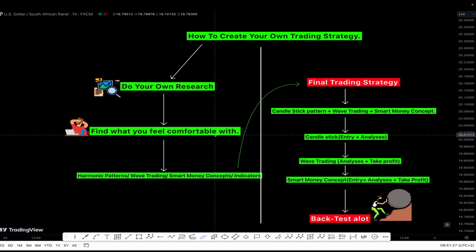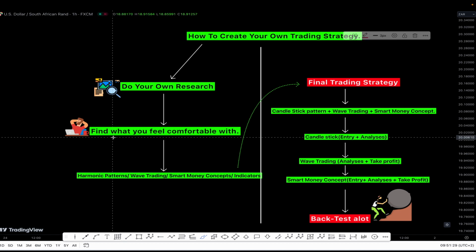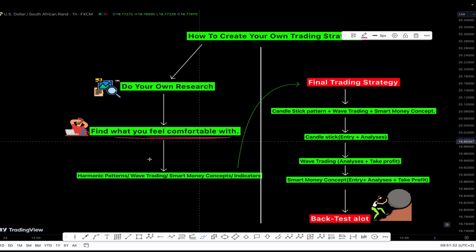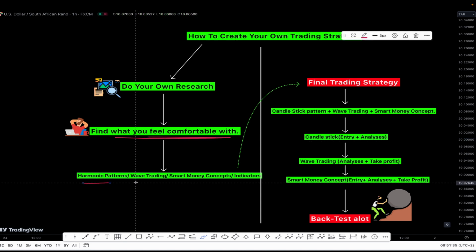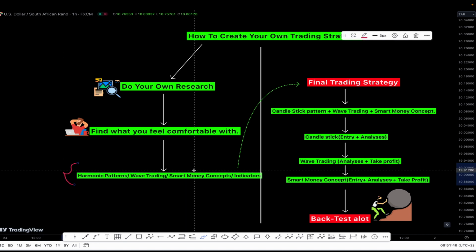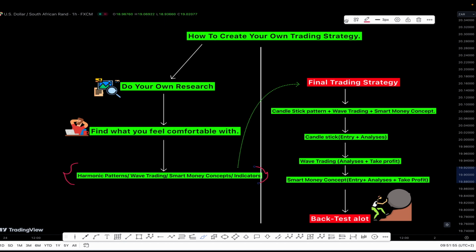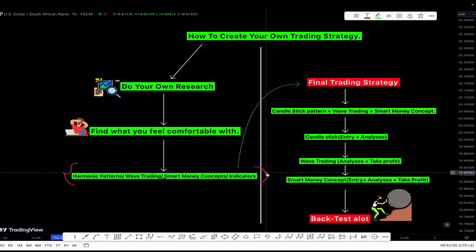And then on the second one, you have to find what you feel comfortable with. It might be harmonic patterns, it might be wave trading, it might be smart money concept, or even trading indicators. But this is going to be the confusing part of your research, because this is not the easiest one. If you're starting out, this might be a little bit difficult for you to find information properly, because